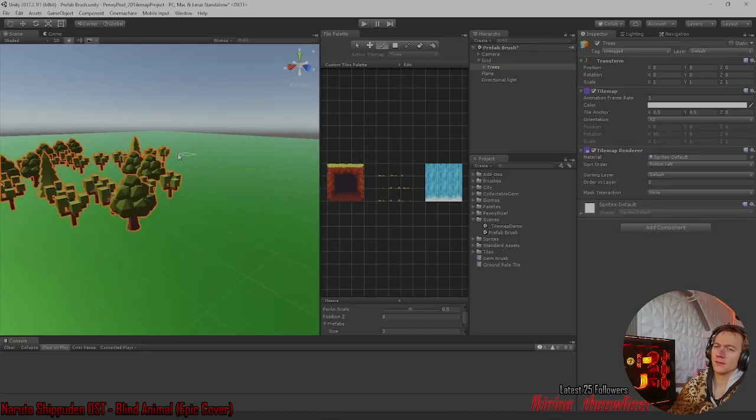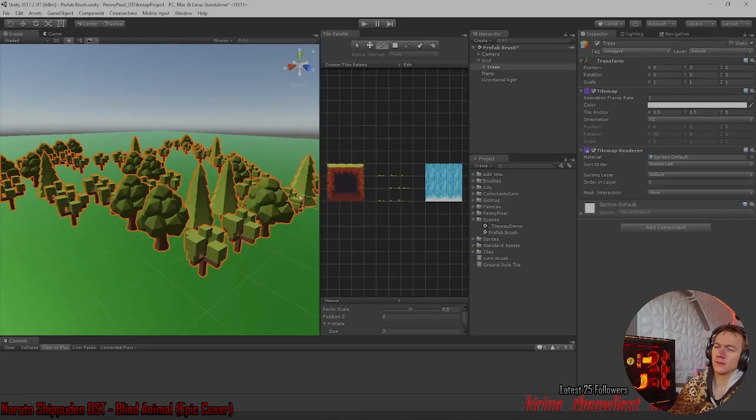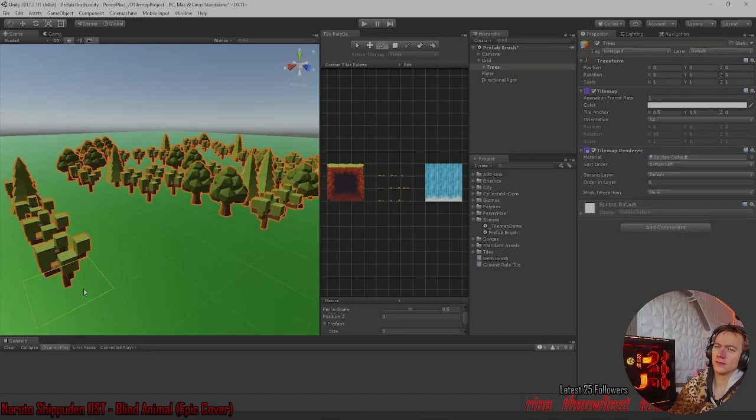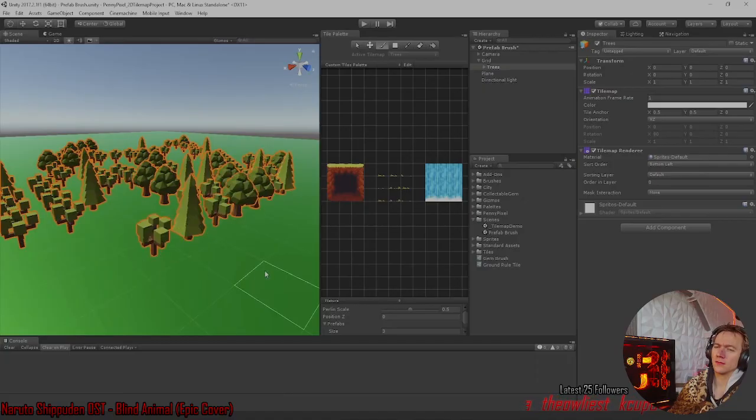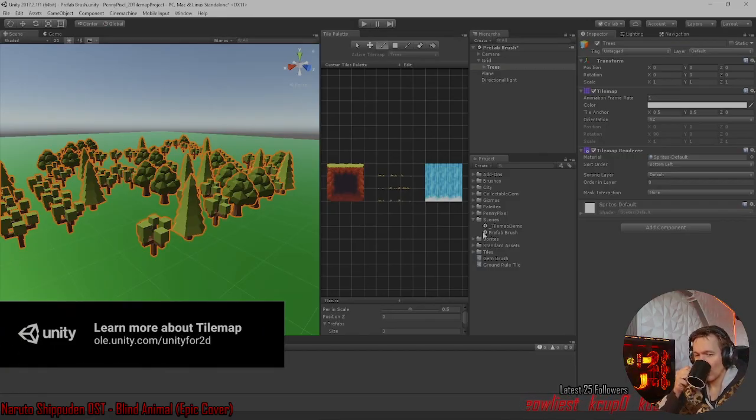As you can see, the prefab brush is an extremely powerful and flexible addition to the tile map toolset that allows us to very quickly place more complex objects into our 2D and 3D environments and helps us build complex levels much more easily. For more information about the tile map,